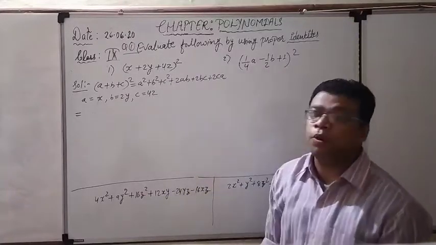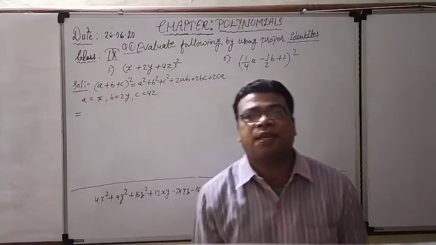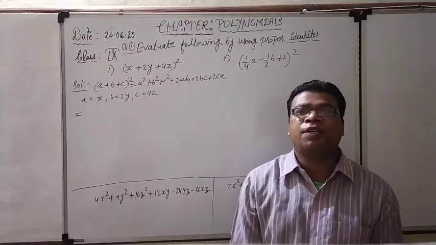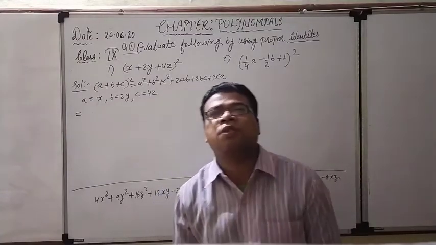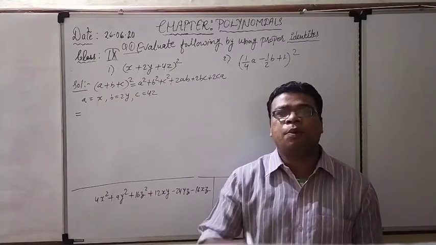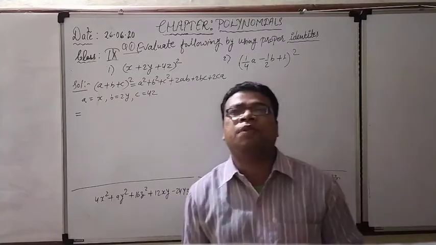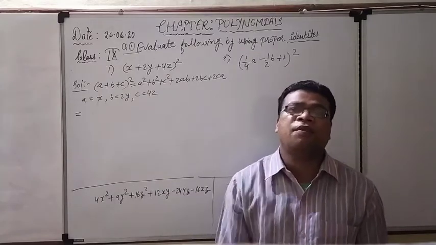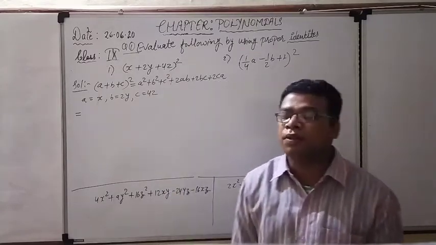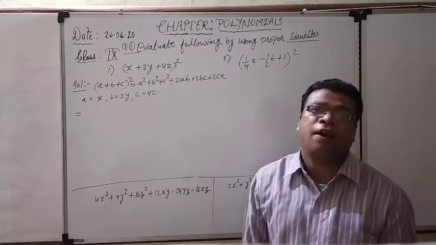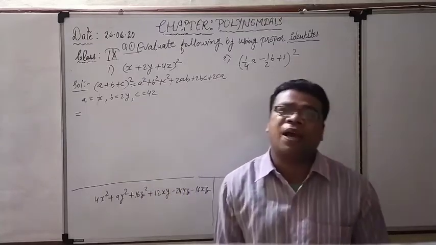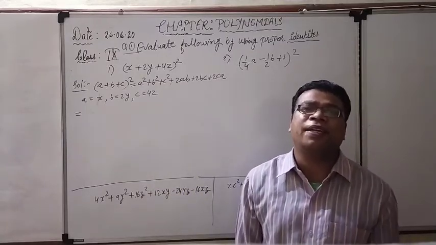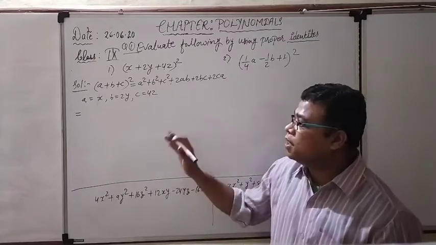This is for the chapter polynomials and we are doing some practice exercises which remain. In my last lecture I discussed with you some suitable identities. Some of the identities we already studied in our earlier classes, but some identities are very fresh and new that we are going to study, and how questions may be asked related to those particular identities. Right now we have to see here.